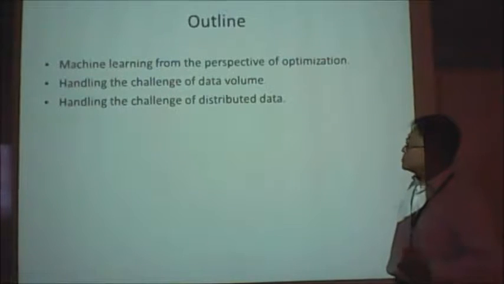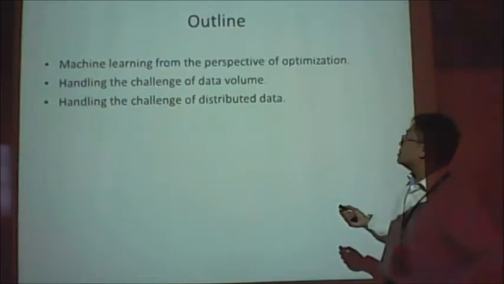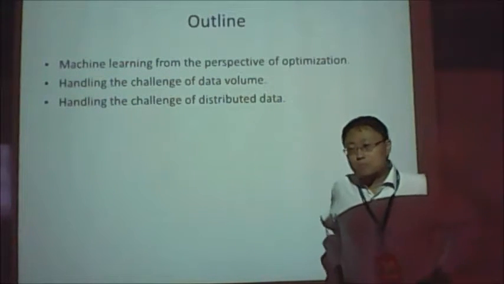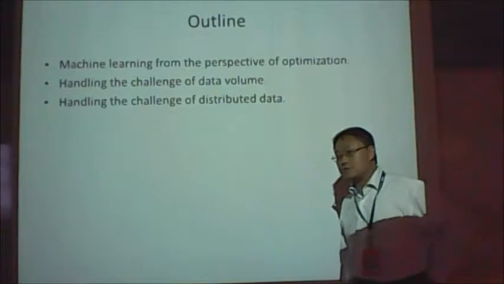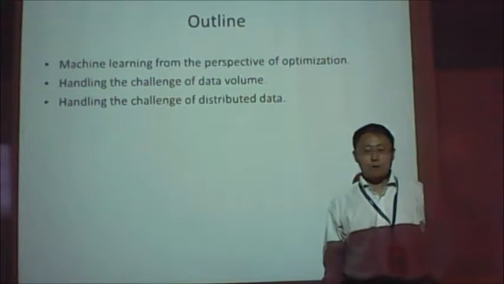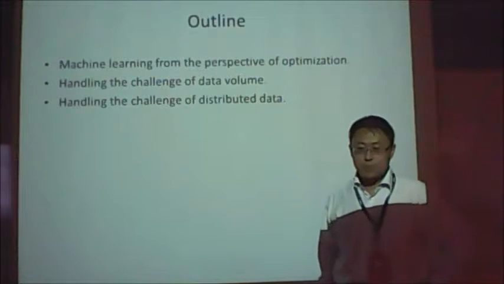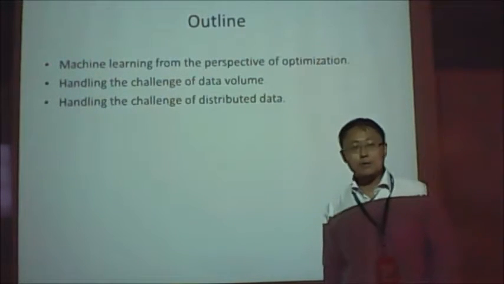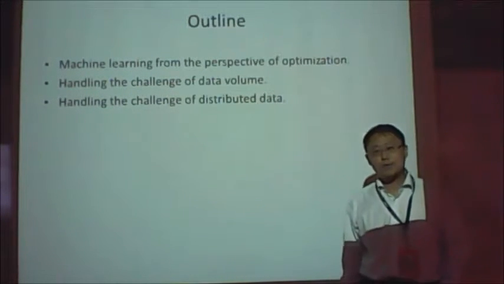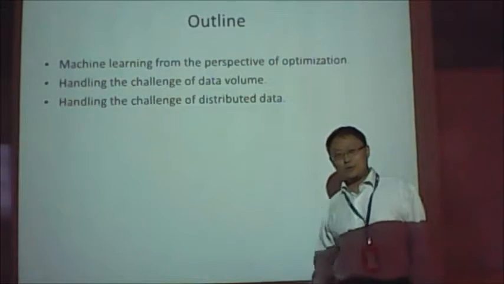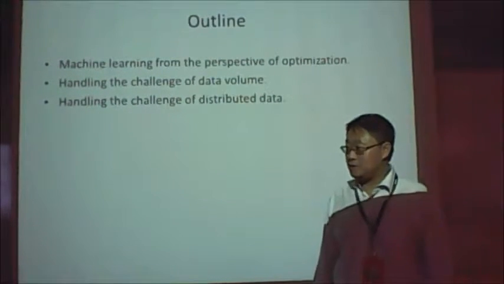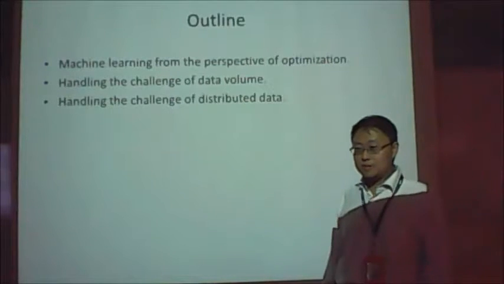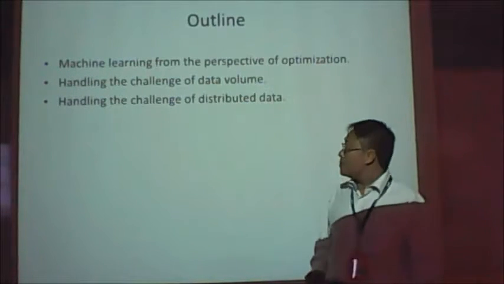So I want to take an example from there and look at two challenges. One is the challenge of data volume. Of course, linear regression has an analytical solution. Computationally, for some optimization problems, you typically use things like gradient descent. That is the plain vanilla one. So in this talk, I try to motivate why we run into trouble if we use gradient descent for large volumes of data, and how we can solve that issue using stochastic gradient descent instead of just gradient descent.